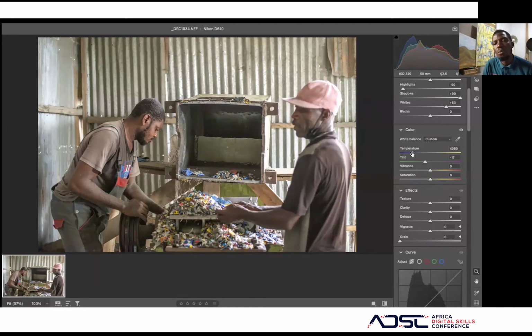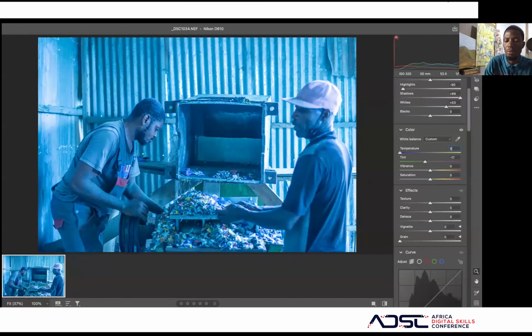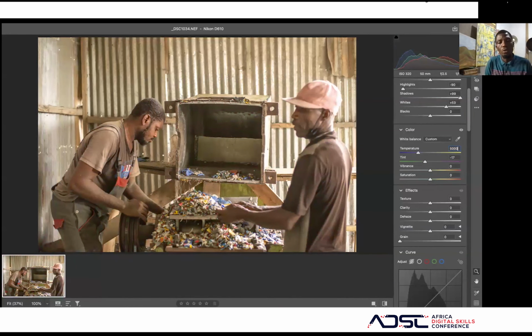You move it from, let's say, 450 to, let's say, 500. You see, as it goes, it changes the color. So what do you see? Good. The normal average temperature for photography is 5,000. So let's type 5,000, and then you see, you've gotten your normal